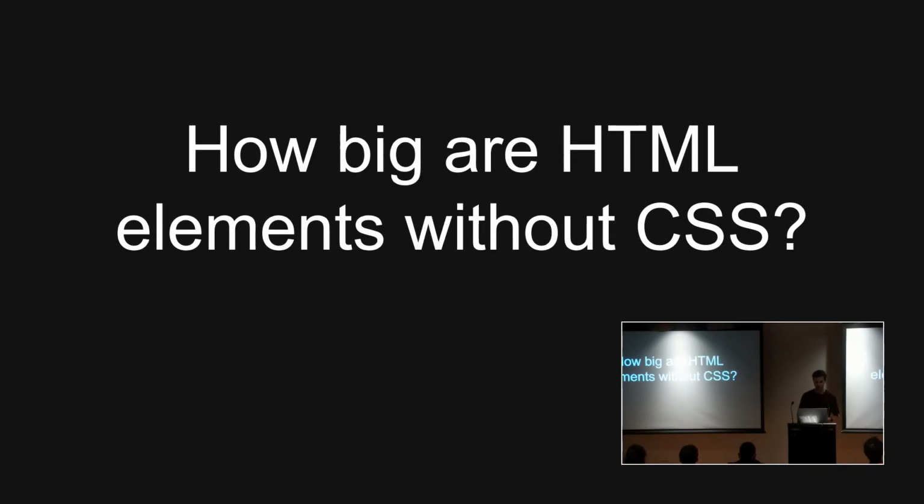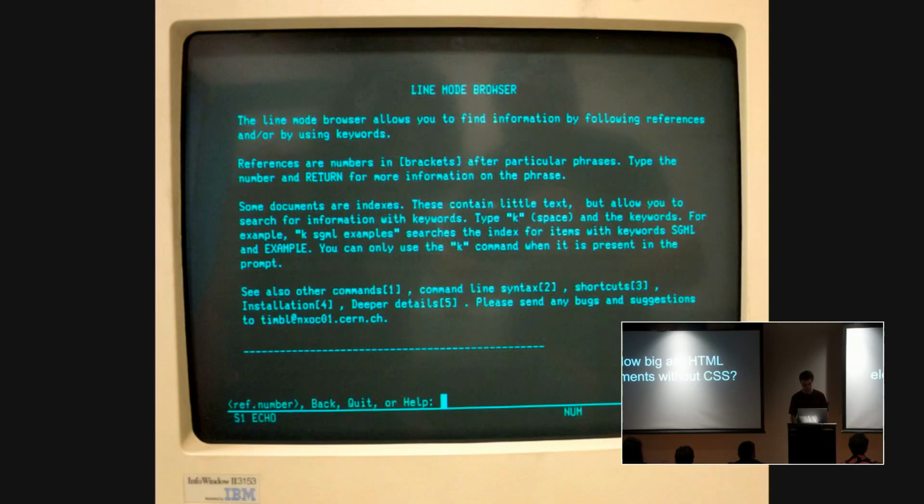Let's start off with how big are HTML elements without any CSS? Has anyone seen a browser like this before? It's very old. It's called a line mode browser. So back in the day when the web was invented by Tim Berners-Lee, most people had a computer like this